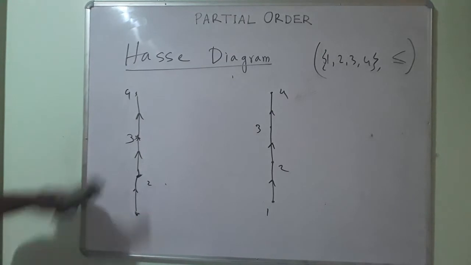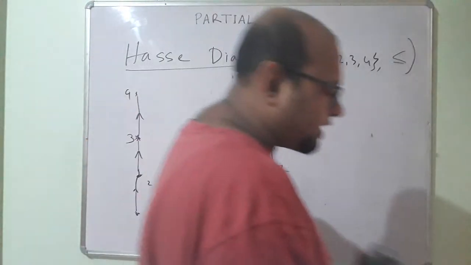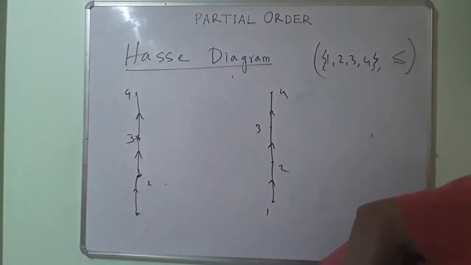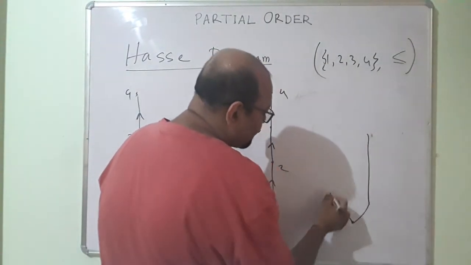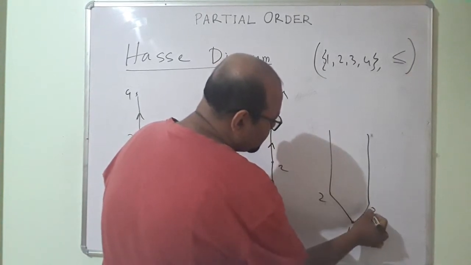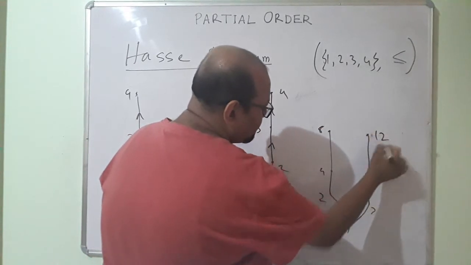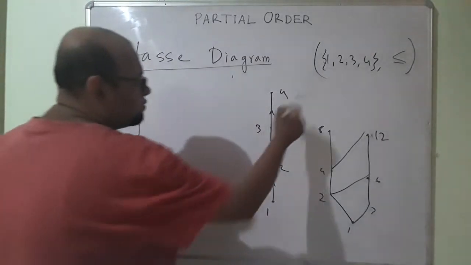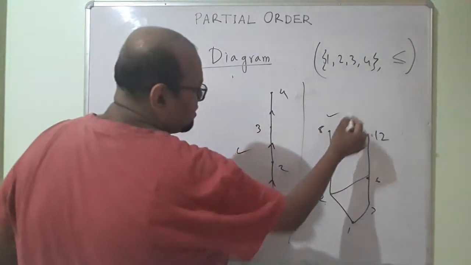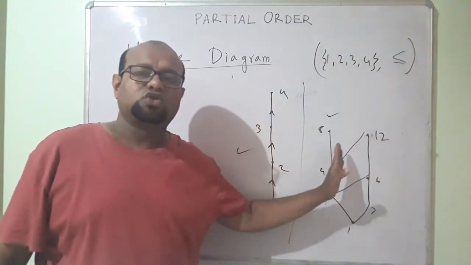Okay, so whatever remains is my Hasse diagram. Observe one thing. Previously when I drew the diagram, it split like this. This was 1, 2, 3, 4, 6, 8, 12. This is what the diagram looked like. Now compare that to this diagram. Here it splits and then goes on, right?